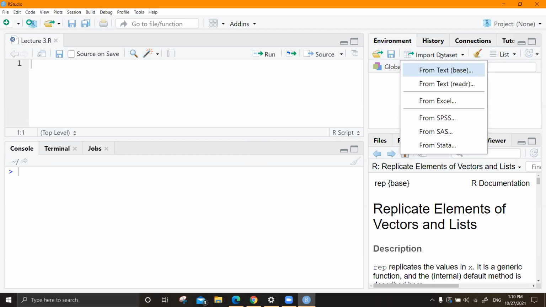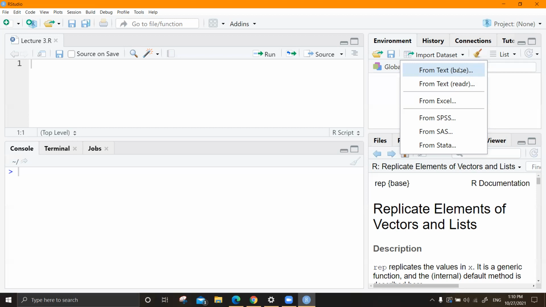If it is a .txt file, if it is a text file, you simply can go to the first option, From Text (base), right? If it is a CSV file, or comma separated, it's Excel-like, but it's a CSV file. The extension is .csv. If that is the case, you have to use this.